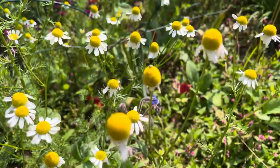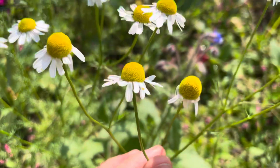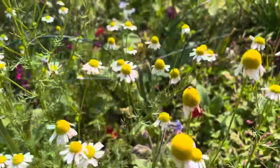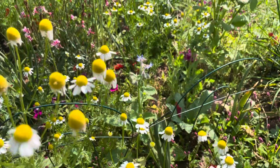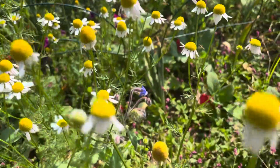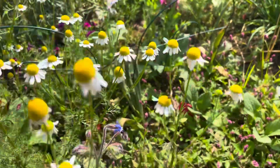It's really awesome when it rains and you can pass by it and get little whiffs of it, or if you keep it in your pathway when you walk, it'll fill the area with that scent. I love these little bees on here. I don't know if I can catch them, but